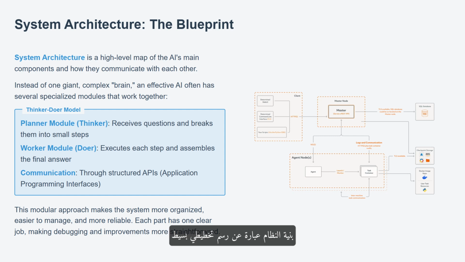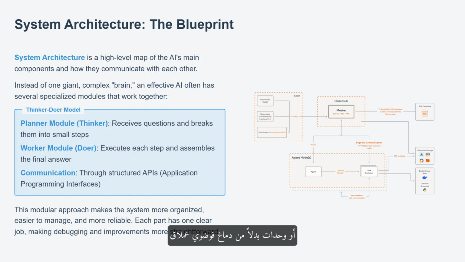For an AI, the system architecture is a simple diagram showing its main functional parts and how they talk to each other. Our learning objective is to describe the role of system architecture in translating meta protocols into a foundational design. We will learn what system architecture means, see a simple example of how different modules can work together, and understand how they communicate.